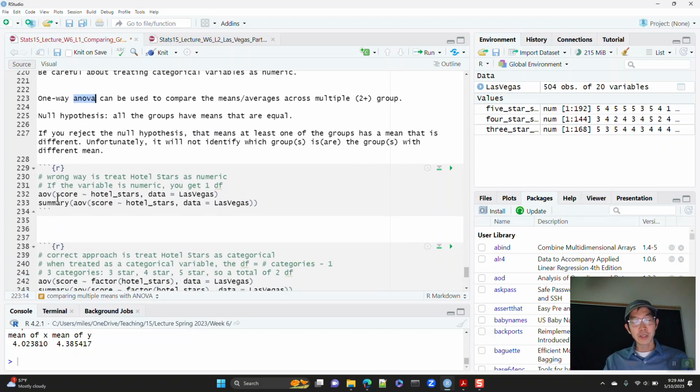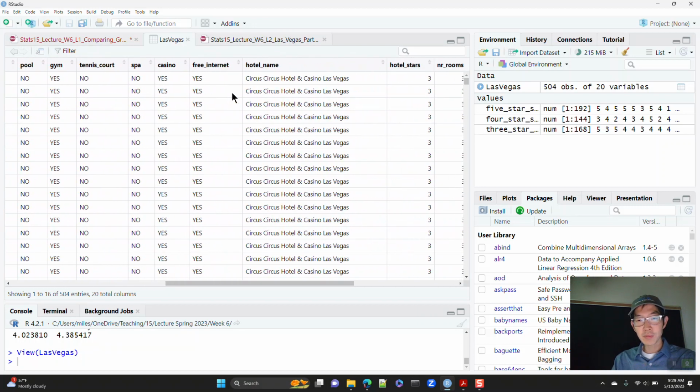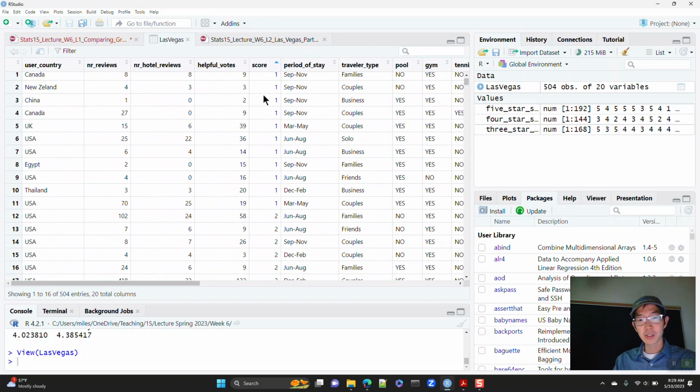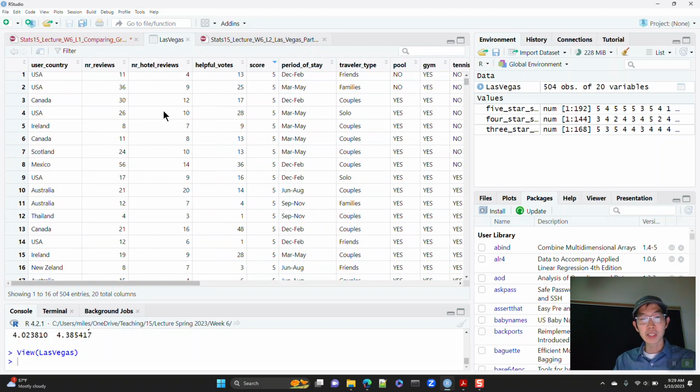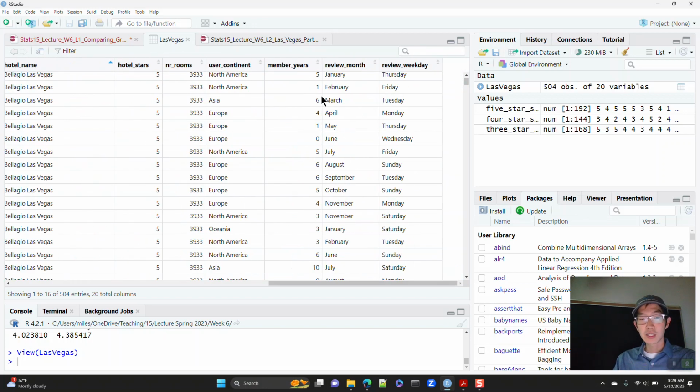Or AOV. And we're going to say, is the score in the Las Vegas data set, so again, we look at the score variable, is the score variable related to the hotel stars variable?